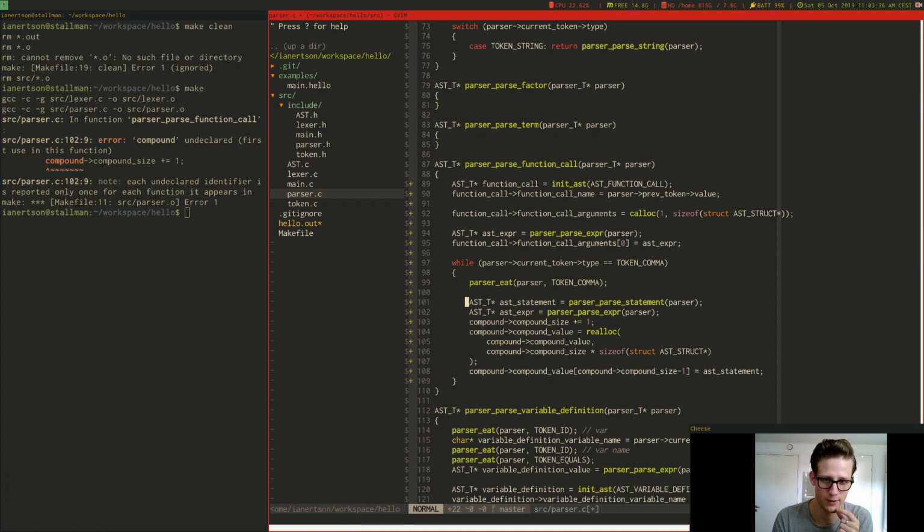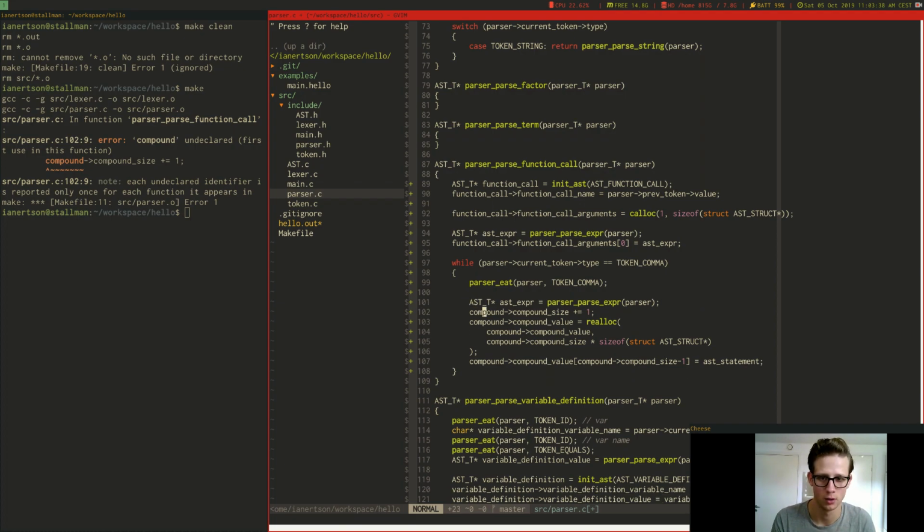And we can remove that, and then we're gonna replace compound with function call and compound size with function call arguments size,